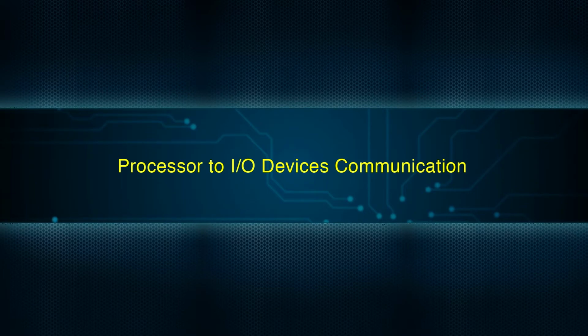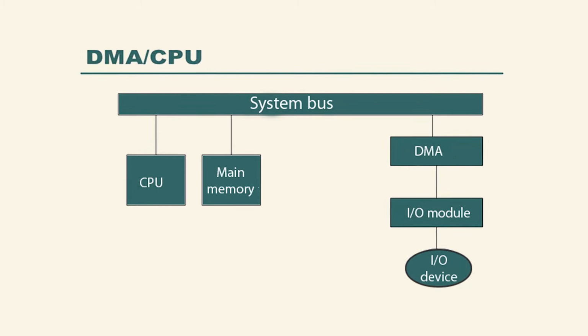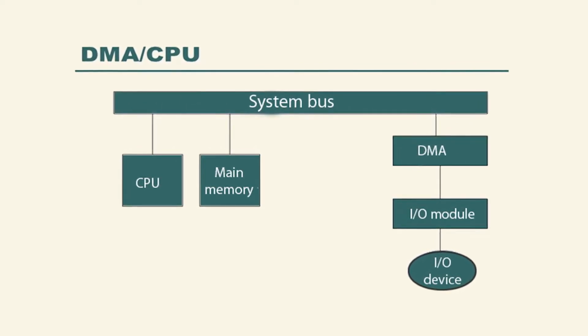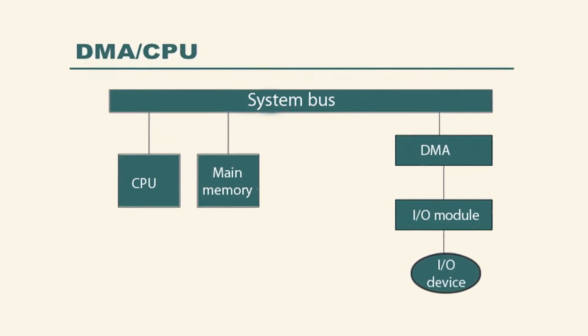Processor to I/O device communication. The method that is used to transfer information between internal storage and external I/O devices is also known as I/O interface. The CPU is interfaced using special communication links by the peripherals connected to any computer system. These communication links are used to resolve the differences between CPU and peripheral. There exist special hardware components between CPU and peripherals to supervise and synchronize all the input and output transfers